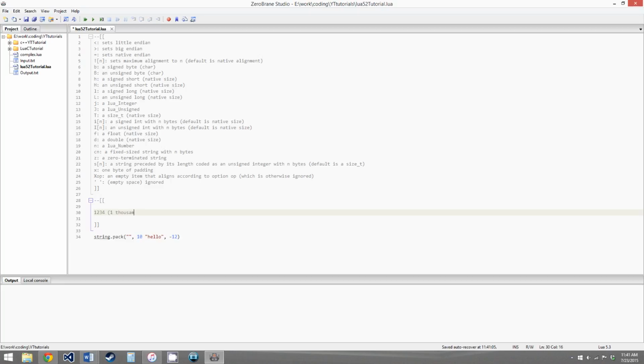That is the most significant digit in the number because it carries the most meaning. It means it's 1,000. That's adding 1,000 to the number. Then the next most significant digit is 2 hundreds. Then we have 3 tens and 4 ones. So this is how the number would be read if you were using a big endian,